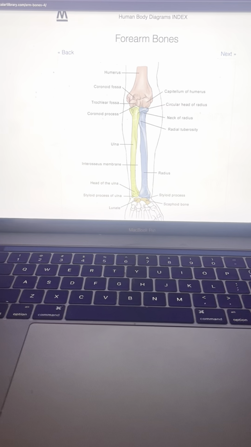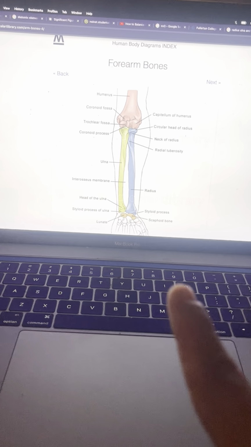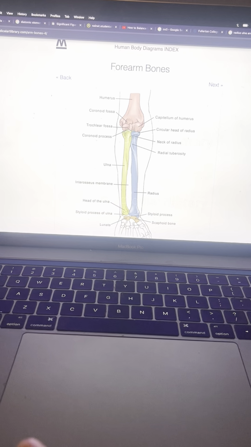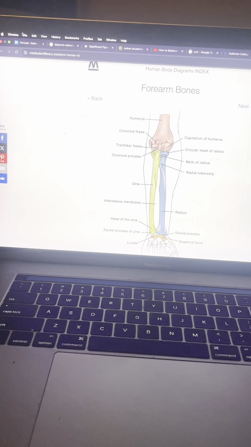Now without further ado, I'm going to go ahead and show you guys the parts of the body and the bones that make up the arm. Okay, so now let's start off. I'm going to be using just visual aids and also pictures, just because it would make more sense this way. So to start off,